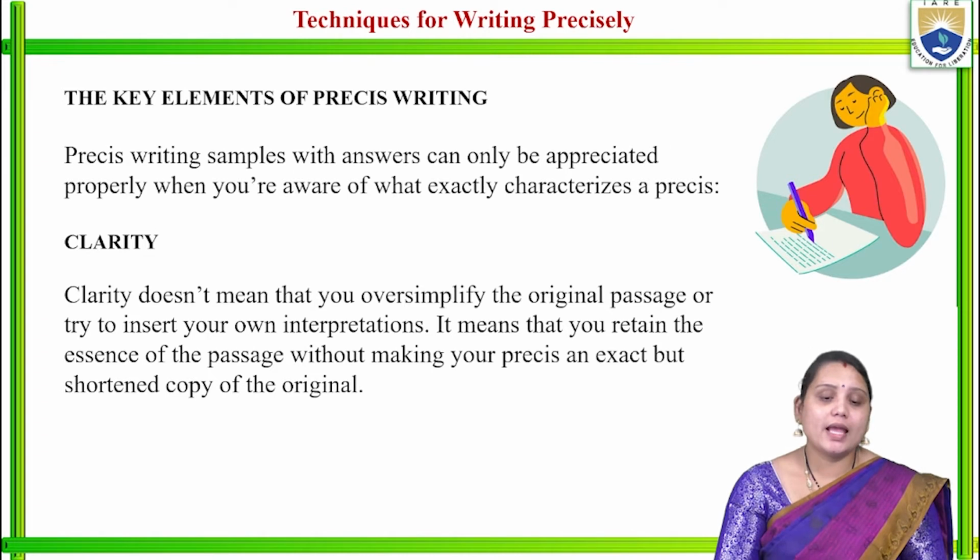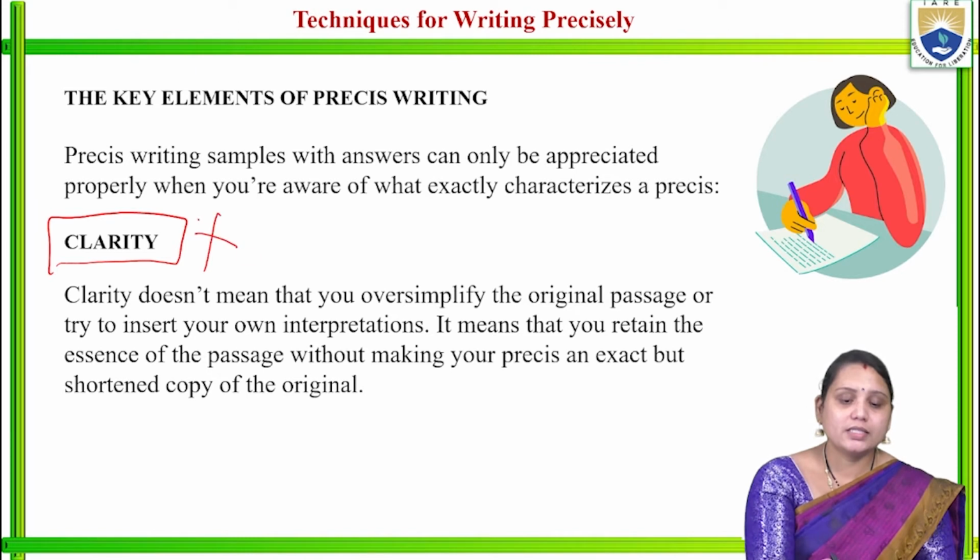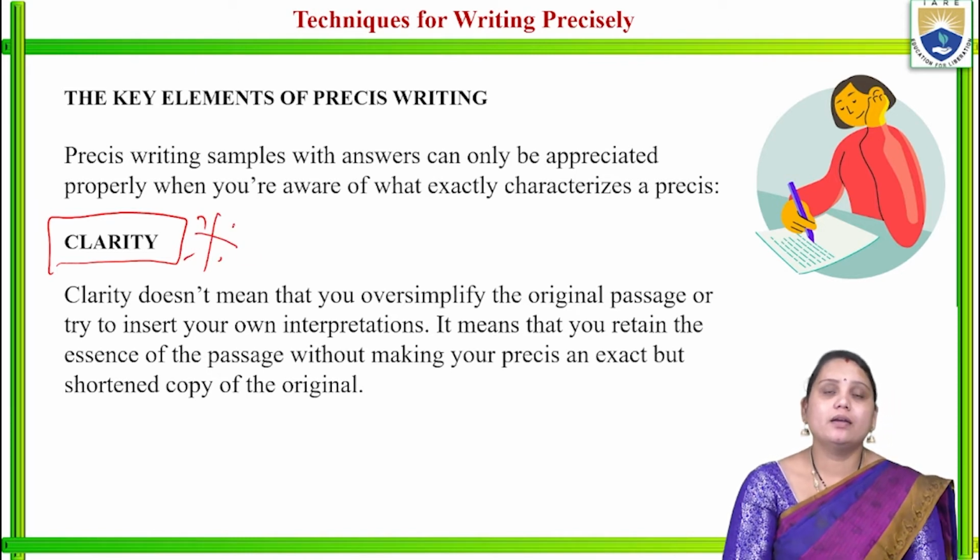Next comes the key elements of précis writing. What are the key elements which will make your précis writing very, very effective and also very, very beautiful? First one, clarity. This is the most important element wherever, in whichever task you do. First, have clarity over your ideas. Have clarity over the information or the research work which you are going to do,